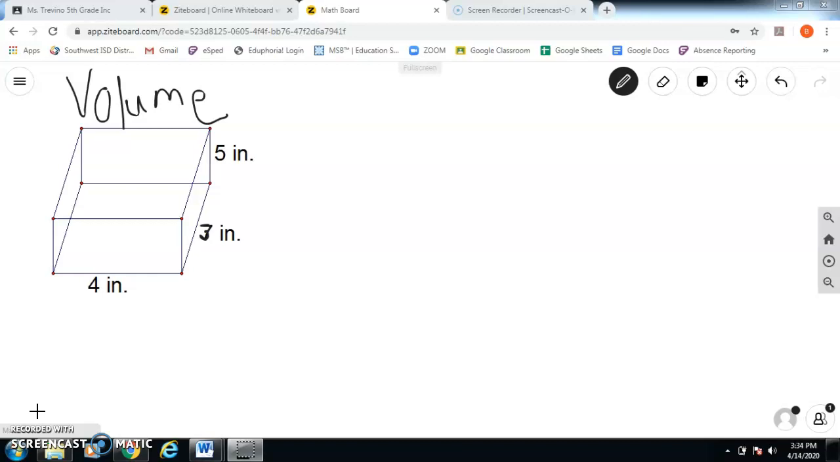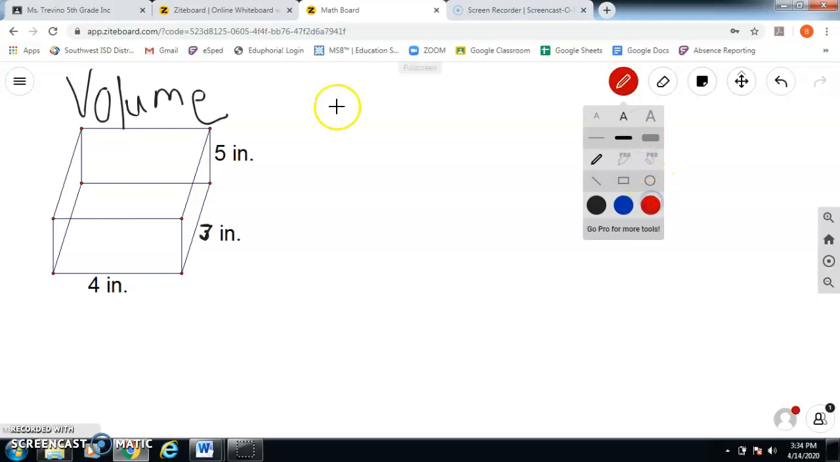I'm going to be going over a quick little session on volume and different resources that you can use to help you and different strategies. So first and foremost, it's important to know that volume has a formula. Okay, and if you don't know what the formula is, I'm going to put it in red because it's super